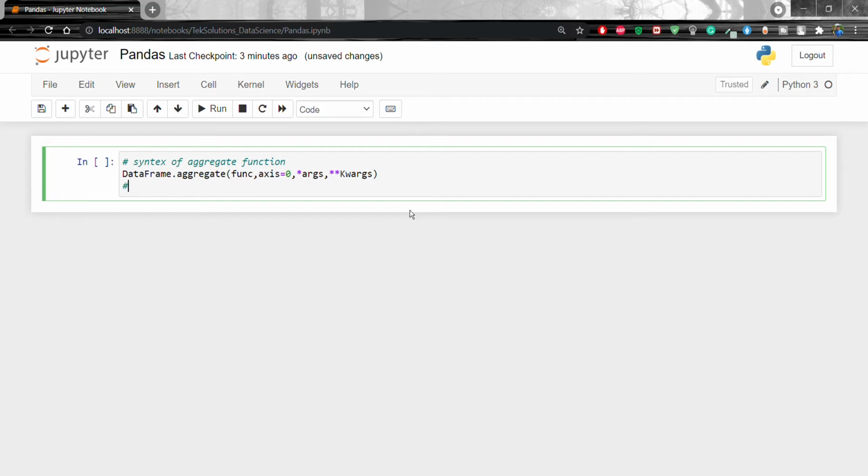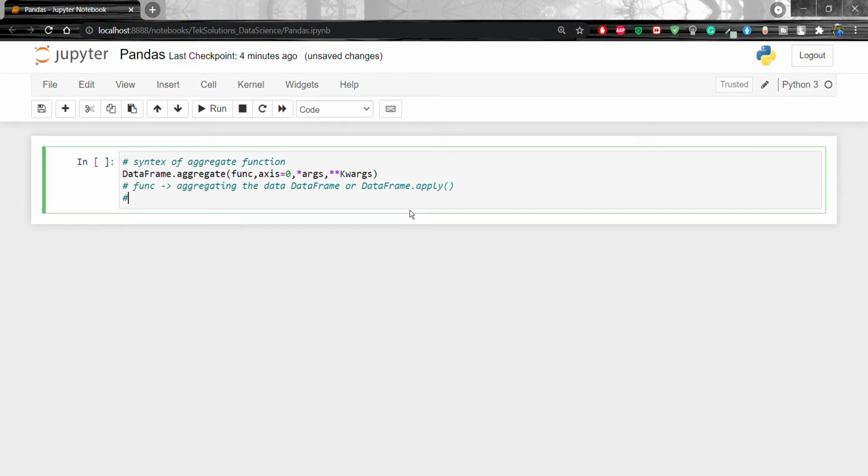So what does the func parameter do? It refers to a callable, string, dictionary, or list of strings or callables. It is used for aggregating the data. For a function, it must either work when passed to a DataFrame or DataFrame.apply. For a DataFrame, you can pass a dictionary if the keys are the column names.